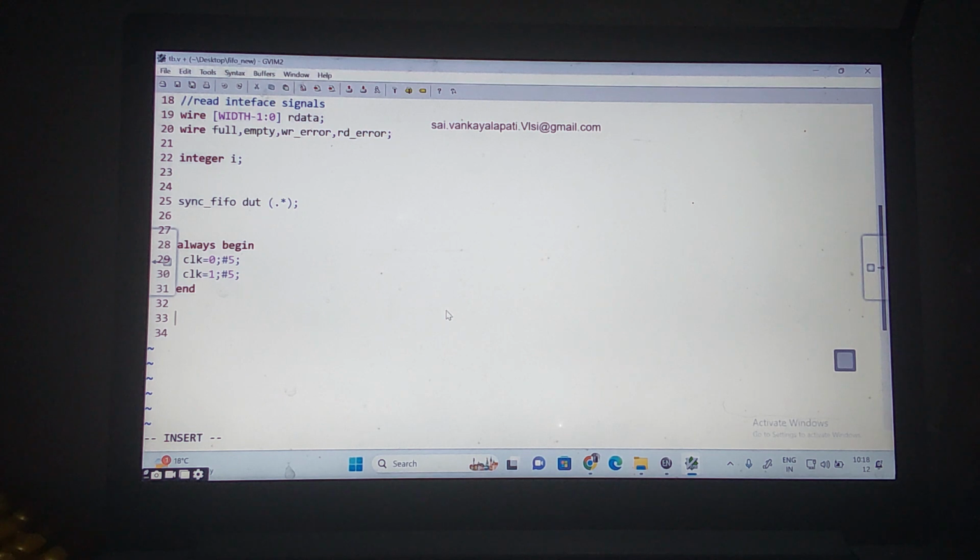Now I need to generate the stimulus, right? Means generating the inputs, and generating inputs is applying them to the design. To initialize the inputs, initial begin and end. Then if reset is equal to 1, all your outputs become zeros. Then let me introduce some delay. After this, you can write #5 also, no problem. #10, #20. I can write using repeat.